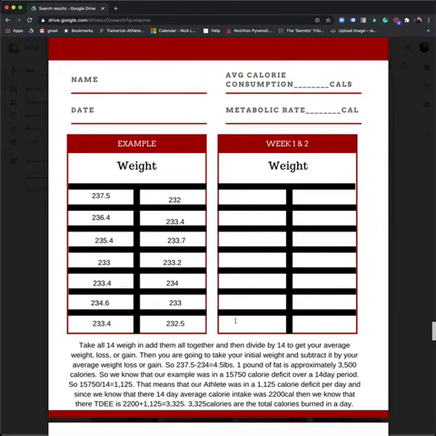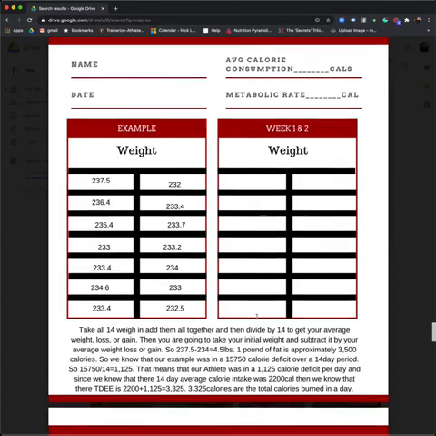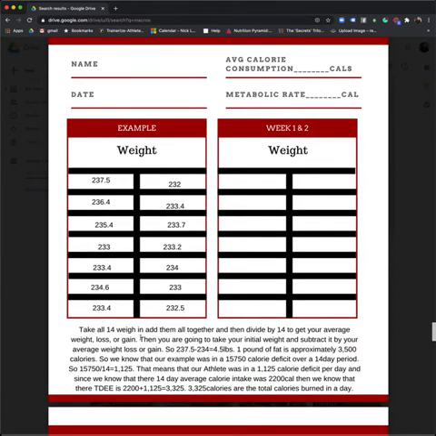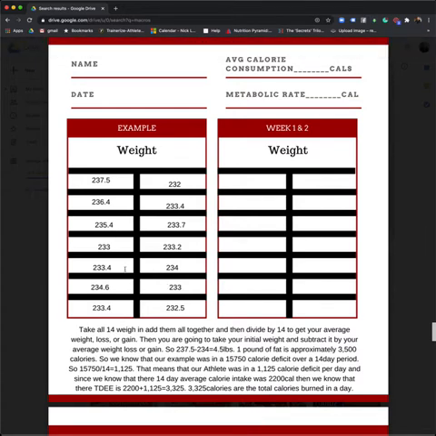So what you're going to do is track each and every day and track your calories each and every day. After you've gotten at least a week minimum, 2 weeks is preferred and is going to be the best, you're going to take all 14 of those weigh-ins and add them together. So you'd add 237, 236 in this example, 233 all the way down, and you get some big number in the